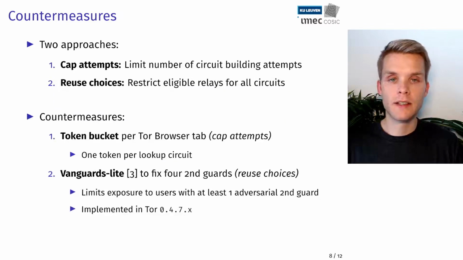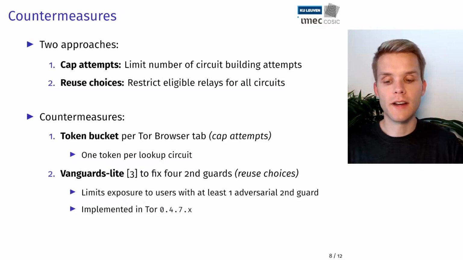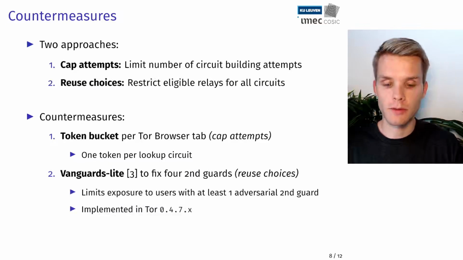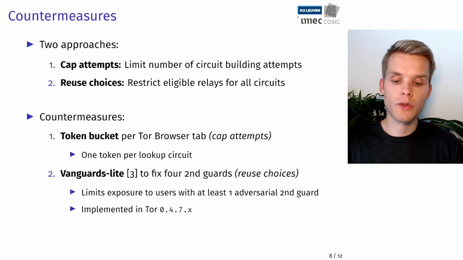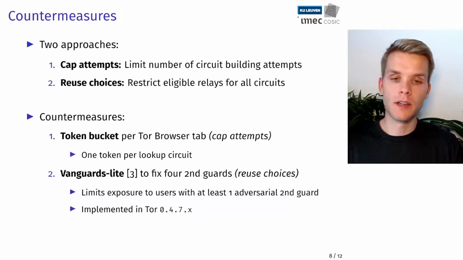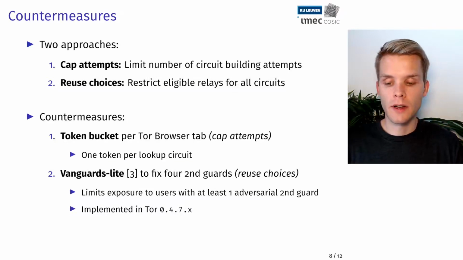Vanguards Lite applies the concept of guards to the second hop position on onion circuits. So it restricts the set of eligible relays for this position from potentially all Tor relays to a set of 4 chosen by the user for a particular amount of time. And this naturally limits the exposure of Tor users to the ones that have at least one adversarial second hop guard. And Vanguards Lite was implemented and deployed in the Tor